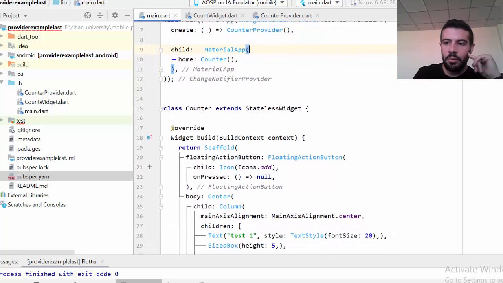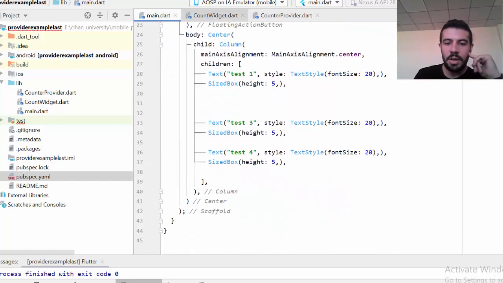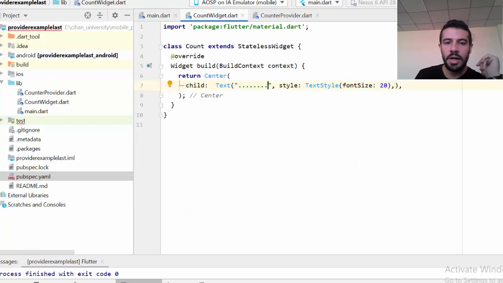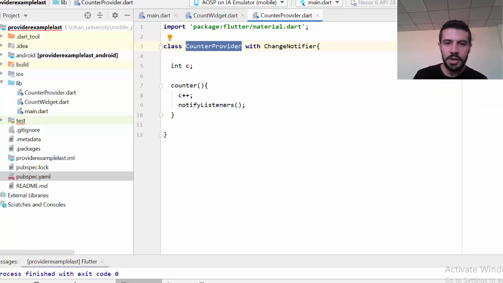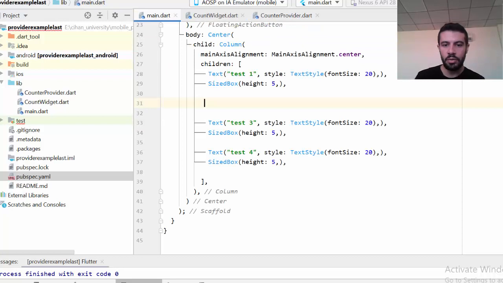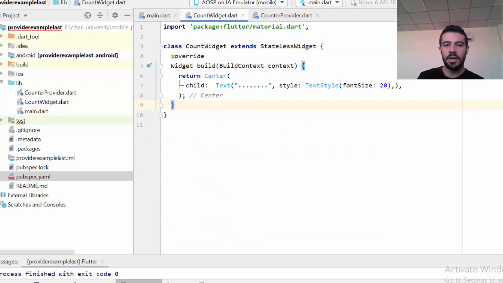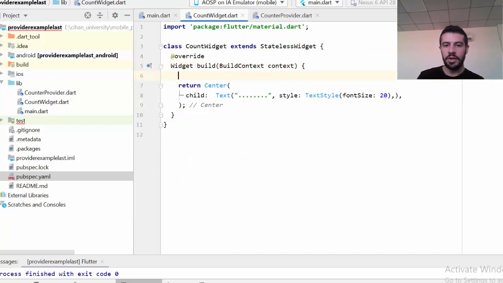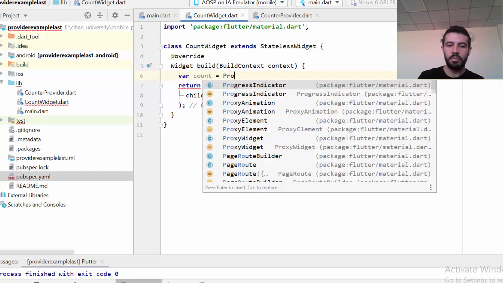So now here I complete that step. Here I don't need anything, I just have a counter widget, right? Count, or I can say count widget. I just want to add it here because of course I want to add everything here. So I just add count widget. Now I add the count widget because I just need to change this. So add it in another class, and now whenever I need to change it, I just add this thing here. For example, count or anything equal provider